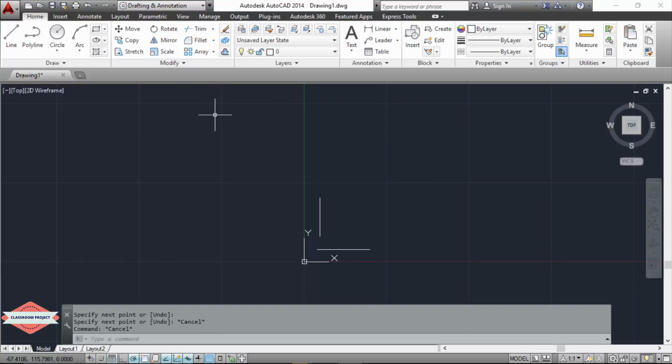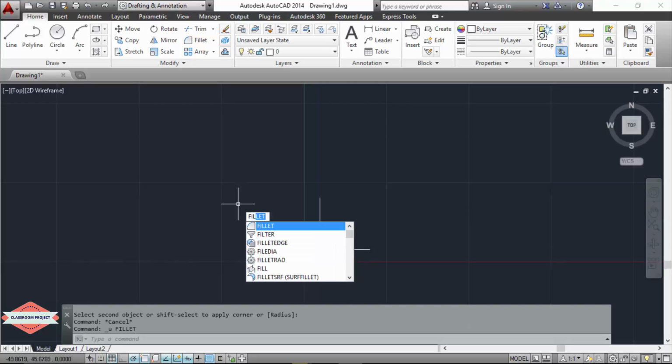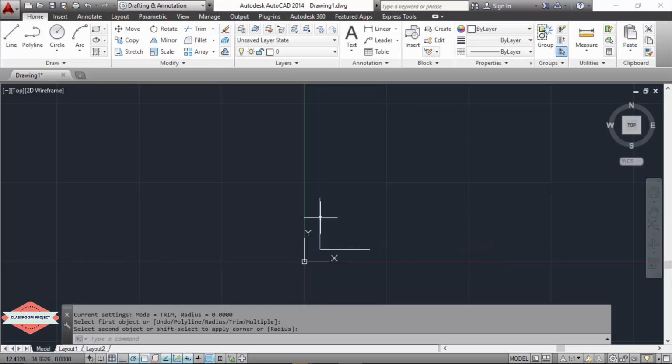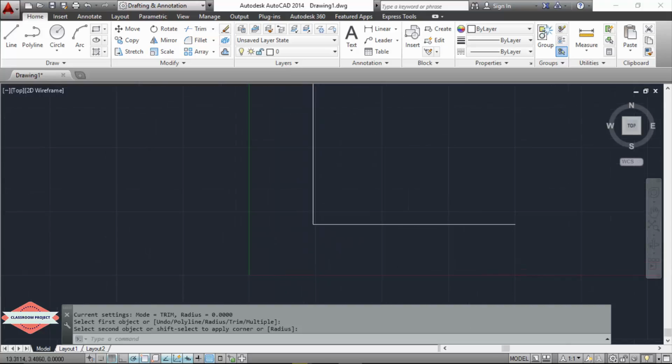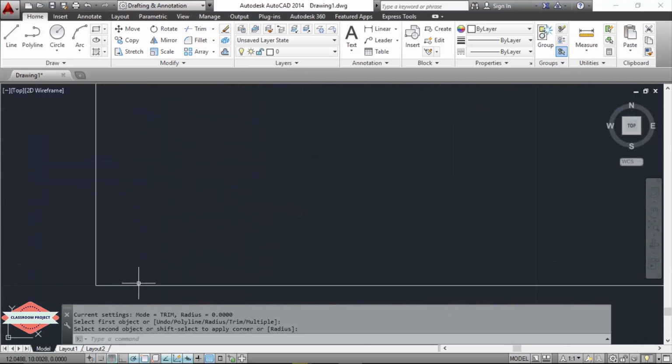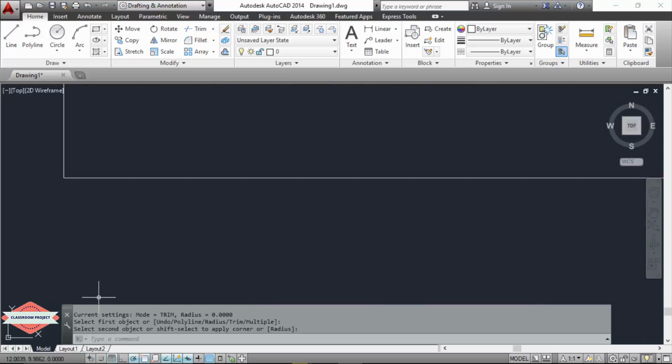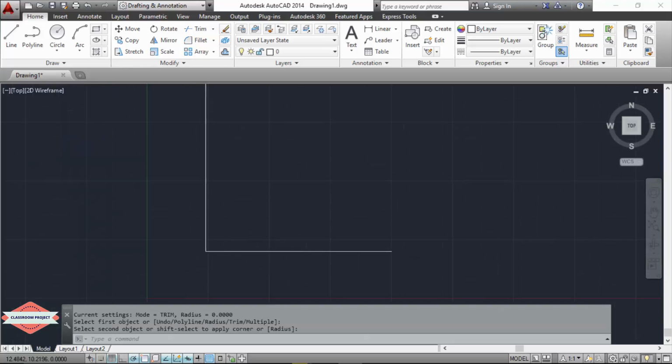Now we need to write down the command on the keyboard. Give the command fillet, press enter, select the object. You can see the objects are already joined, but if we zoom we can see there is no angle, the radius is 0. If we select the radius,